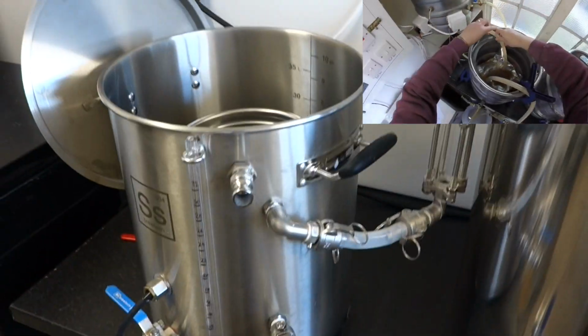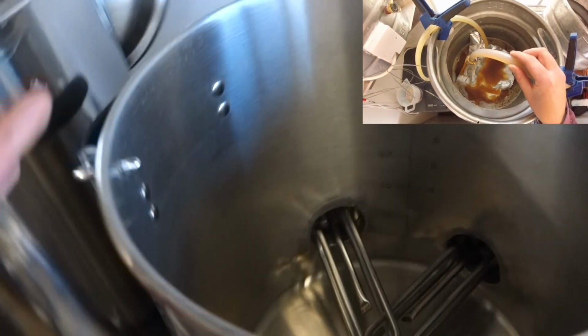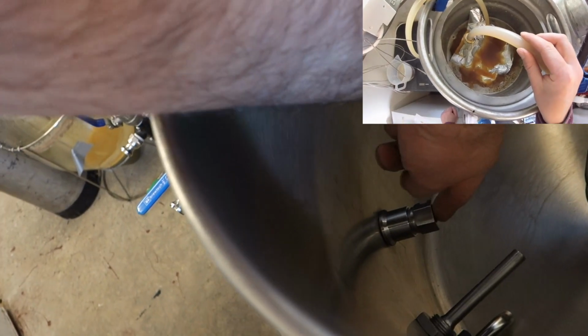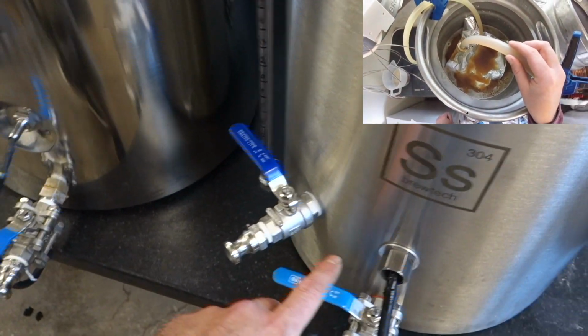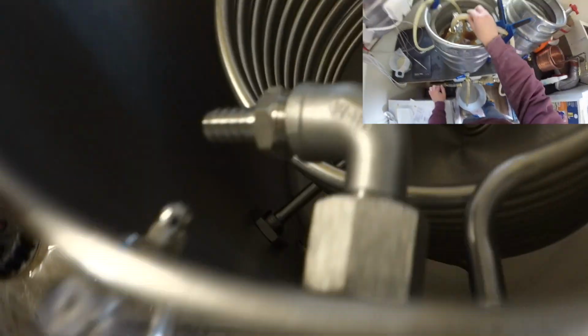getting away from the DIY side of things. I didn't want to have to cobble anything together. I wanted to be able to buy the proper stuff to go in the proper pots. Everything here is the proper job. So everything's stainless steel. All the washers that go on all the fittings are the correct washers for the job. I didn't have to make any out of silicone baking sheet, which is what we were